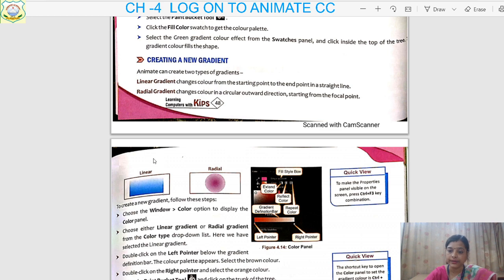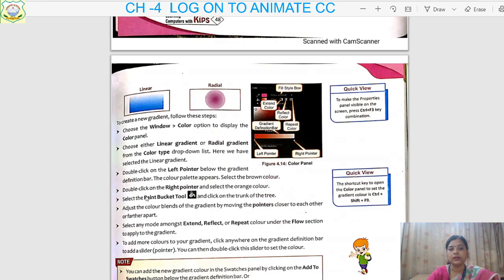Linear and radial. Now to create a new gradient, follow the steps. What are the steps? Choose the Window option, and then the Color option, to display the color panel. Choose either linear gradient or radial gradient.